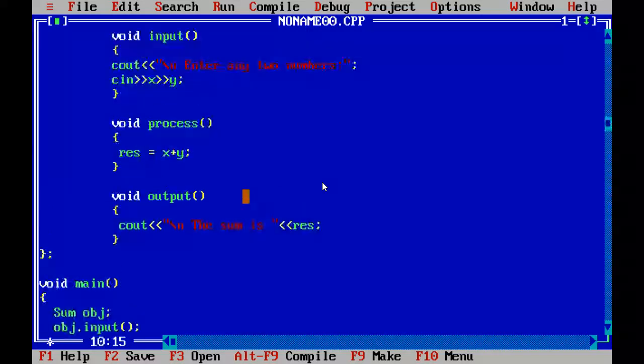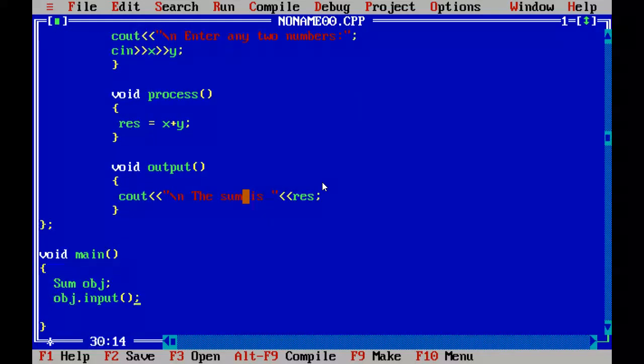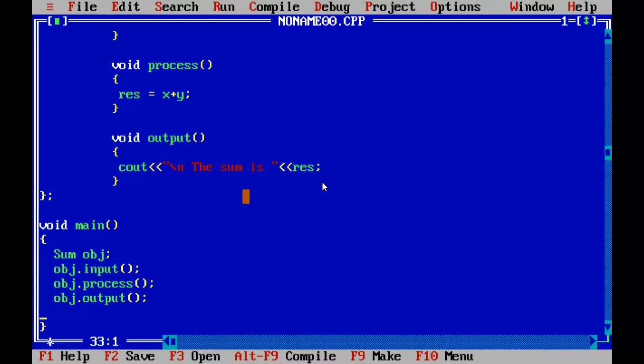You can see up here the void input has been kept in the public scope, so I can call it from outside the class. After the input is done, the next function I'm calling is process, and then the output function. All these three functions will be called one after another in the sequence they are kept.